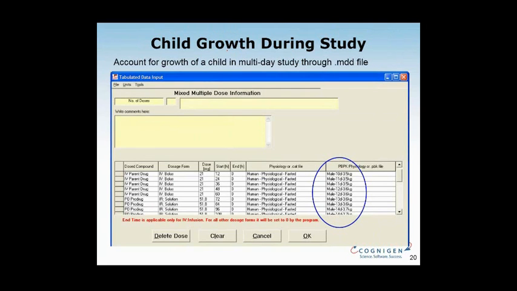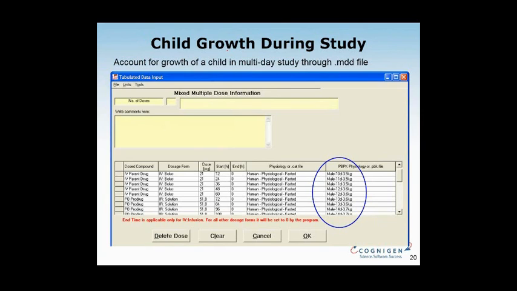The other aspect that you may want to account for, especially in the very young children, or again in the neonates and infants, is the growth of the child. If you are working on studies of older children or adolescents, 4 or 5 years old or older, you don't really worry about the growth of the child within your week-long study. The 1 week or even 1 month is not going to create that significant difference in the physiology.